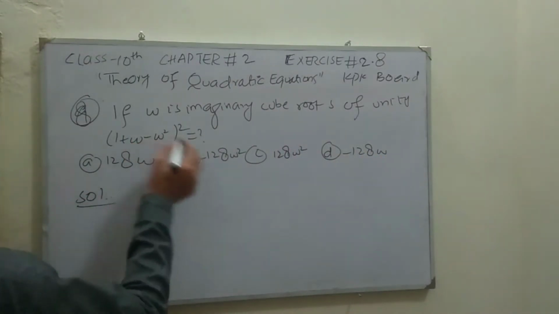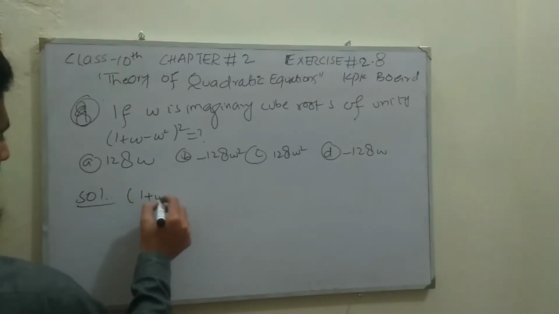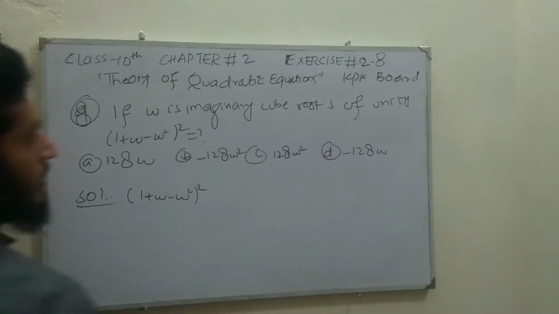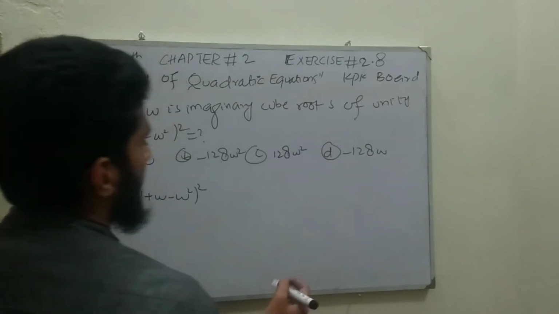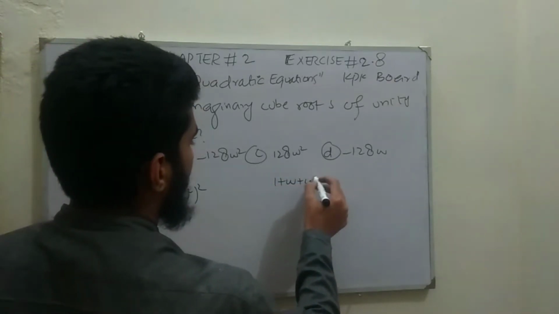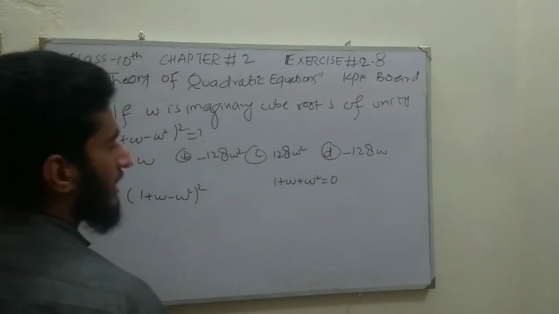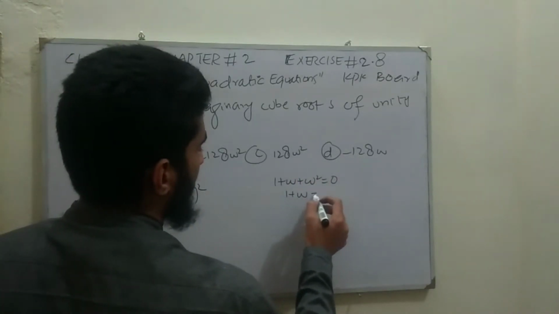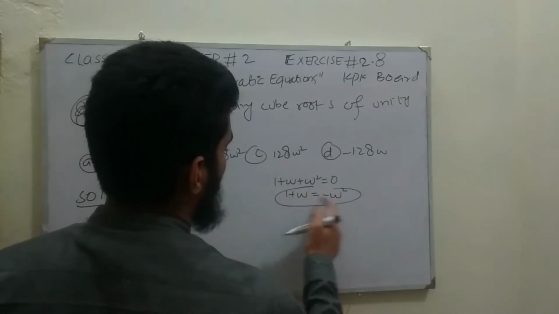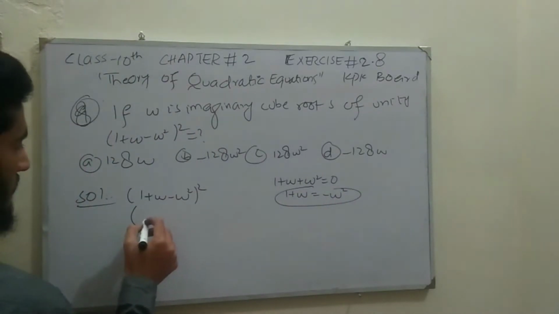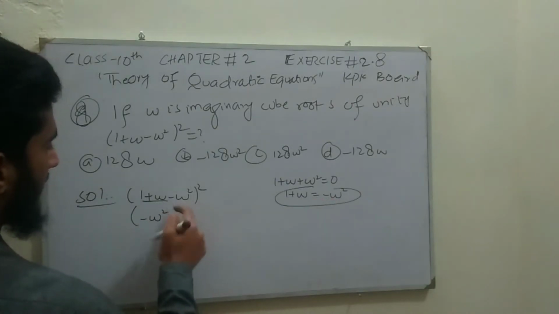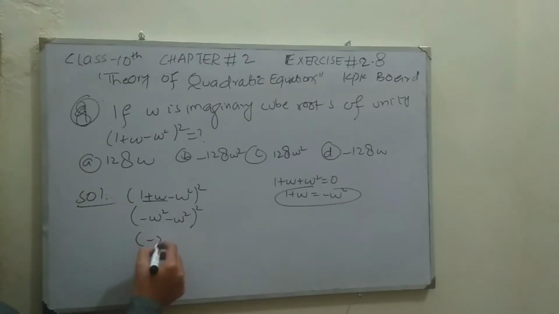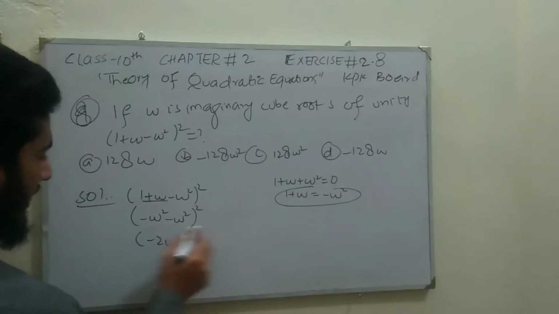Solution. Taking 1 plus omega minus omega square whole power. We already learned a formula in the previous exercises 2.4 and 2.5 that 1 plus omega plus omega square is always equal to 0. This is the sum of the cube roots of unity. Shifting omega square to the right hand side, it becomes 1 plus omega is equal to negative omega square. So putting the value of 1 plus omega equal to negative omega square here, minus omega square and minus omega square gives us minus 2 omega square, whole raised to the power